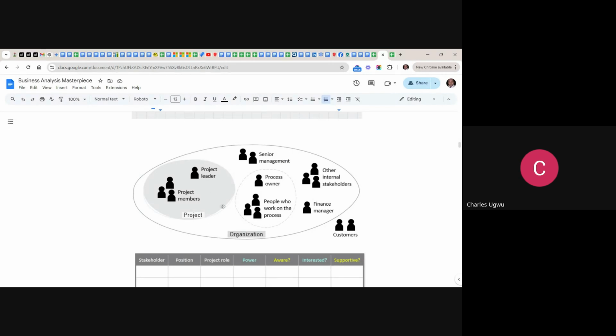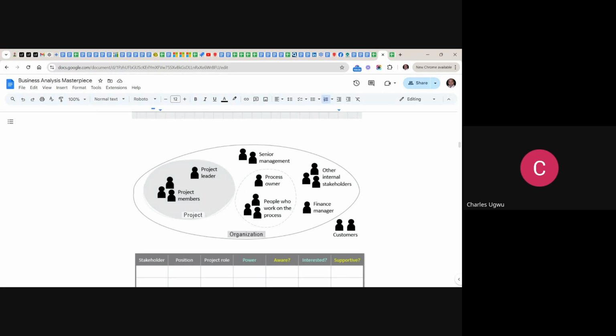They are people within the organization. Then you see some people here now, they are outside the organization. They are still stakeholders, but now they are customers. So they are the people consuming your product and services. So you still need to understand them very well. They are external stakeholders. Then we might decide to add more external